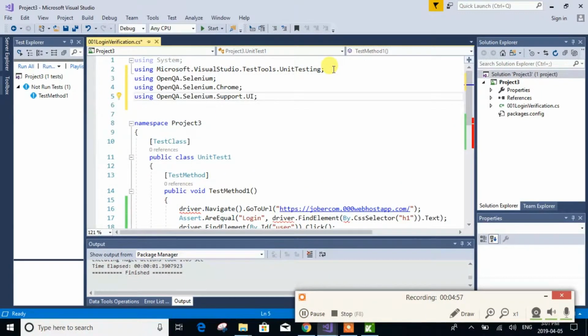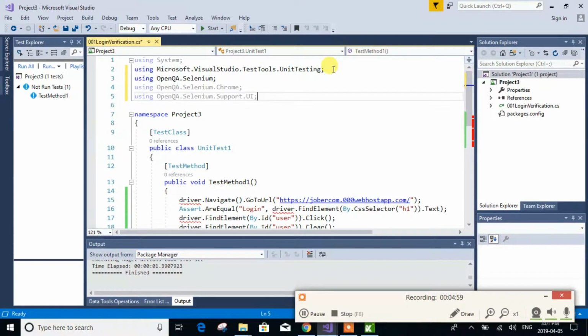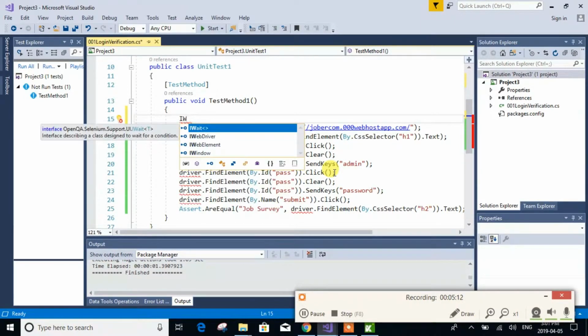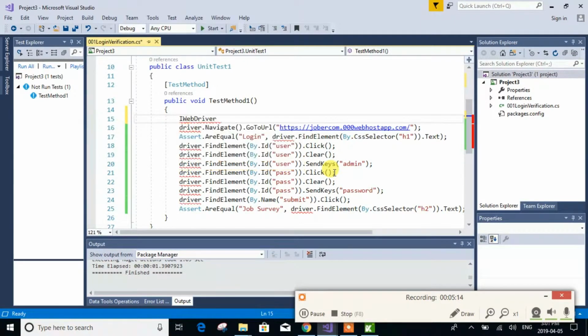So these are the references. These are the libraries for Selenium and Chrome that we require. Here, driver is not defined, so I type IWebDriver. When you click IWebDriver, you have a web driver here. When you type driver, it should be a small letter,